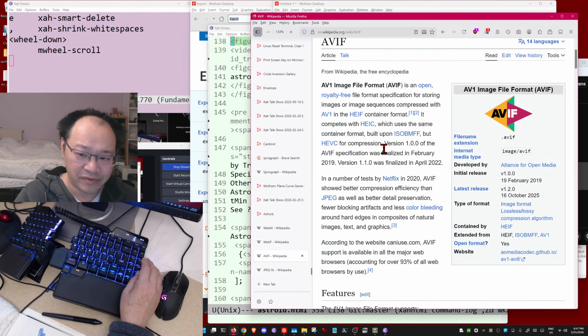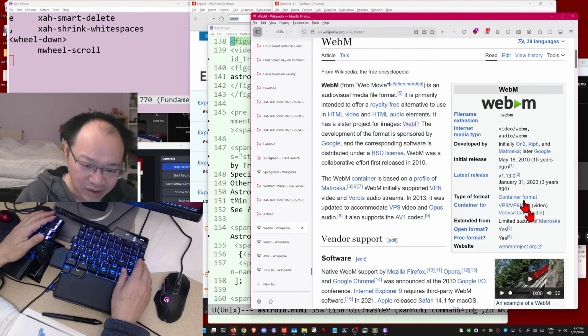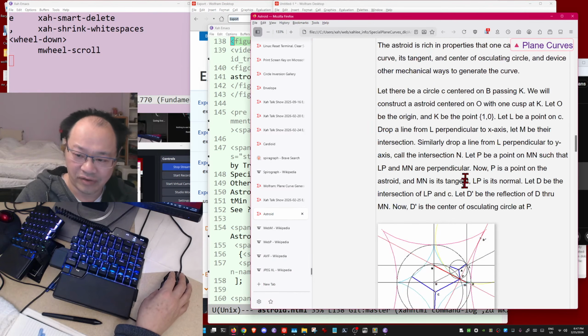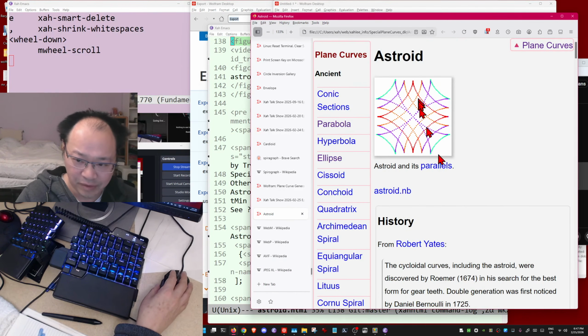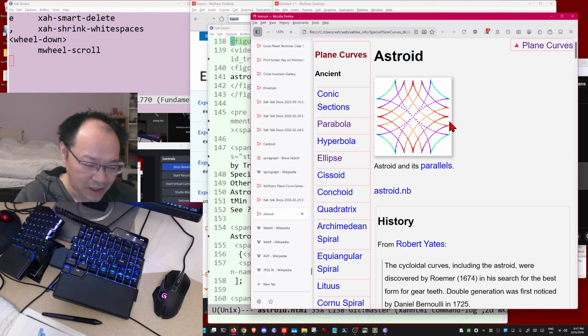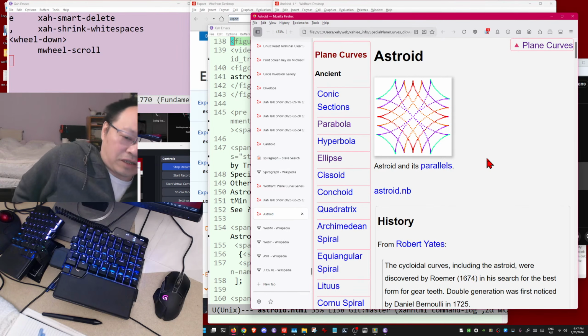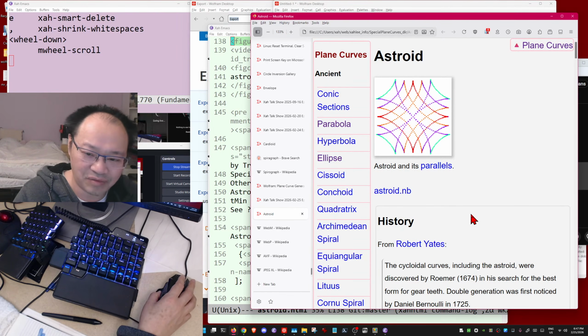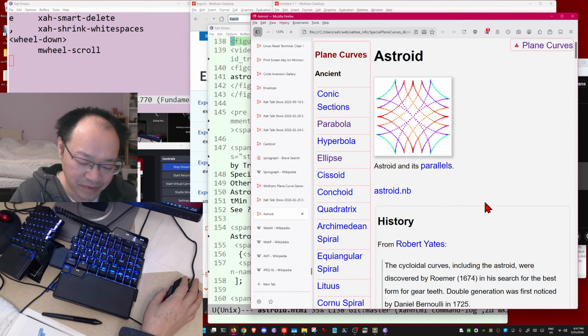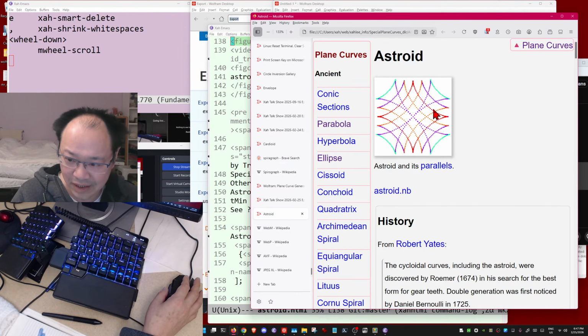Both of them are, of course, much more efficient than the standard JPEG that we know of. JPEG or PNG, the image formats that we are used to. The two major standards are JPEG, PNG, and GIF. GIF is obsolete, but people still use it. GIF is really bad, very inefficient, but it was most popular 30 years ago. Anyway, the most popular image formats today are JPEG and PNG and